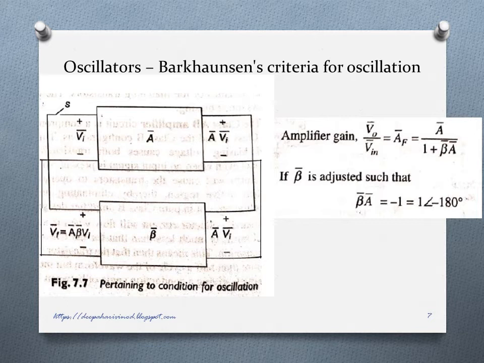By looking into the figure, let us say that with no input, angle A bar beta bar equals 180 degree, the polarity of VF bar reverses and the feedback becomes positive. If the switch S is closed, a small voltage will begin to build up. The oscillation increases in amplitude till steady conditions are reached, with non-sinusoidal oscillations due to saturation.